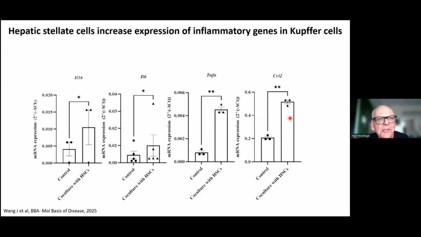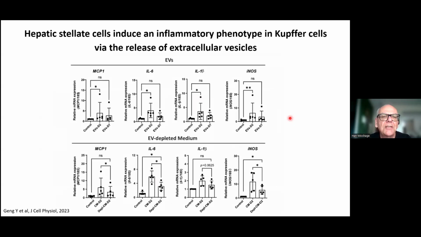So the stellate cells that are in the process of activating activate the Kupffer cells, but we don't know how they do that. So what we did next is that we isolated extracellular vesicles from activating stellate cells, and we